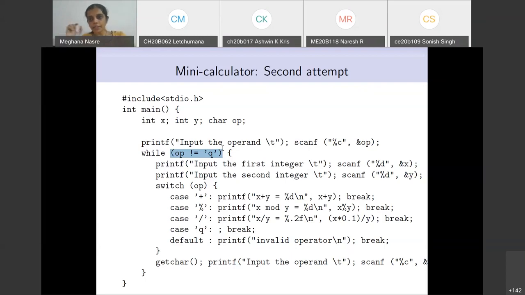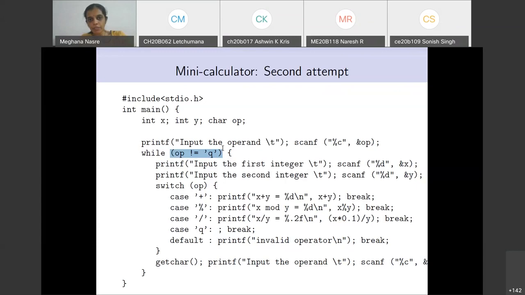Okay, so what I am trying to say is, the current behavior of the program is that if you print the first Q here, the first time you enter a Q, it never asks you for the first two integers. Is that correct? Ma'am, like if it is inside, then it won't have a problem. Like it has already gone inside the loop, and then if the person inputs Q, there won't be a problem, right? No, but at least the way I saw it is, it will be just moving this printf statement here,